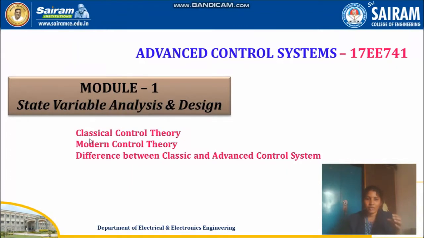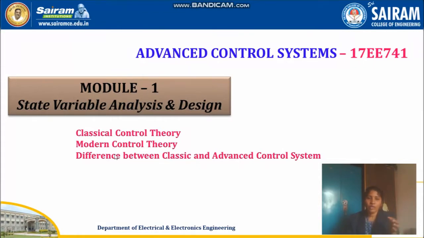Once again, I will summarize the points of classical control theory. The first point is it employs the transfer function approach, that is the frequency domain approach, and it is applicable only to linear time invariant systems with the initial condition assumed to be 0. If your system is of higher order, then the design will go complex and it is also difficult to analyze. When you are designing a system using this classical approach, it has to be done only by means of trial and error. So we are going for modern control theory, which you are going to read in the coming semester.